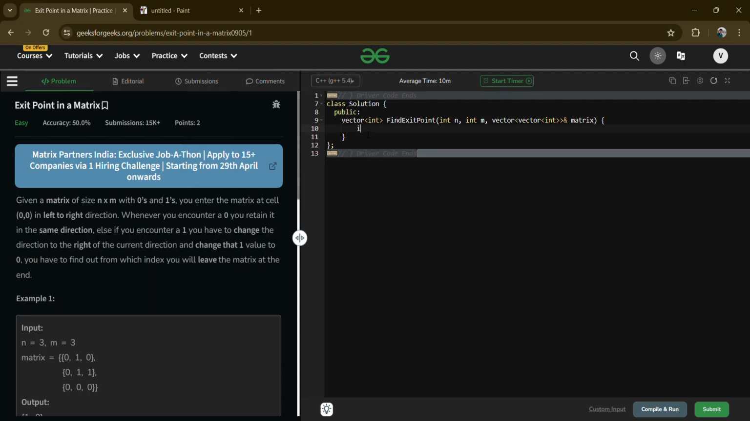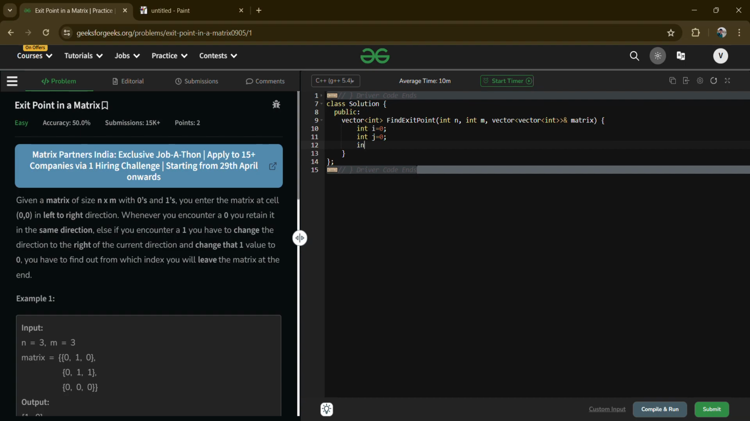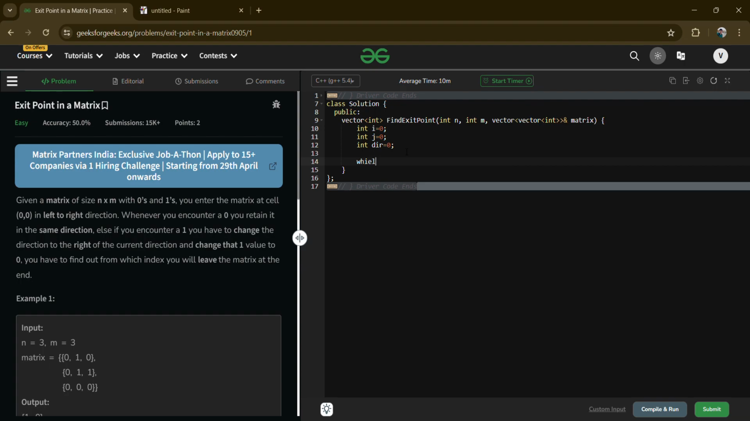First of all I am saying that I am on the position 0, so int i is equal to 0, and int j is equal to 0, and I have to also define my direction. Let's say direction is equal to 0. So currently I'm on this position, so I have defined all the things. Now I need to traverse. While traversing, I need to give a condition: while i is less than n, the size of rows, and while j is less than m,